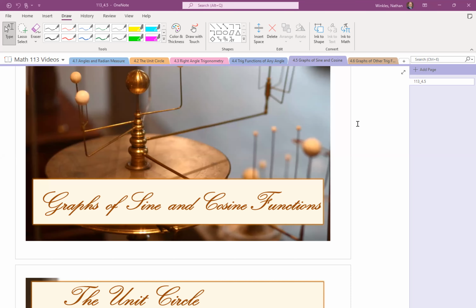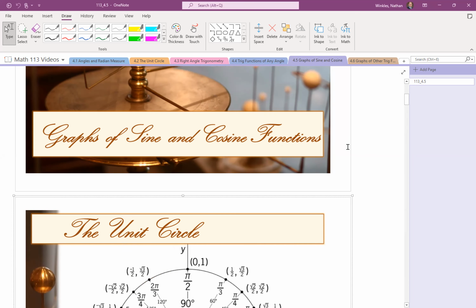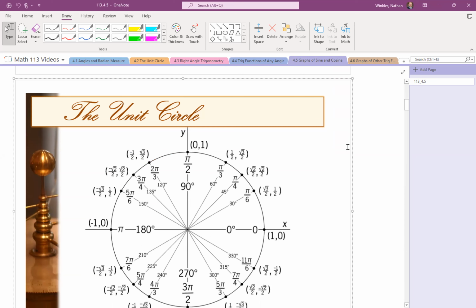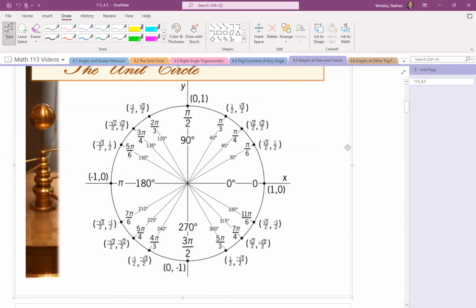All right, so now we can talk about graphs of sine and cosine functions. So again, it's going to be equivalent to if we take this unit circle. The unit circle is a big basis in this course. So the faster that we learn it, the easier this course becomes in being able to pop out what sine and cosine is. But notice if we take this circle, what if we were to break it apart and